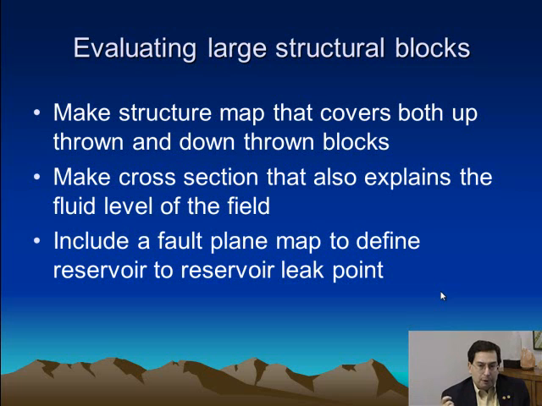And the first thing I did was I made a map on the upthrown block and a map on the downthrown block. I made a cross-section, and I tried to reconcile the gas-water level in the field. And when I did, I had some very powerful observations that I want to share about the potential to predict the viability of a trap when the carbonate bank is encased not entirely in shale or seal, but when it has sandstones that encase it that can potentially cause cross-fault leakage. And it's because of that that in situations like this, it's very important to make a fault plane map.